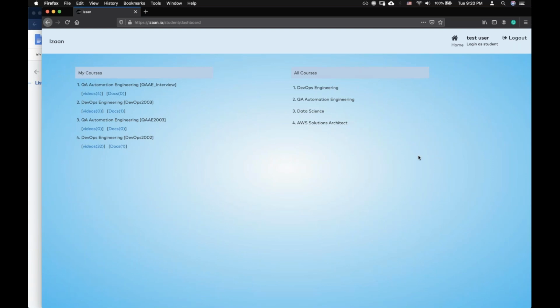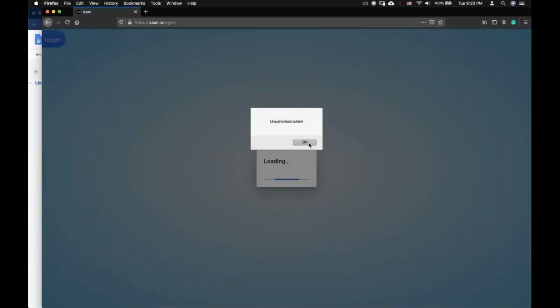Okay, cool. You should see DevOps 2002, which means the earlier batch, and you should see DevOps 2003. Yes, please check. You should have DevOps 2002, which is the earlier batch, and you should have 2003, where we are going to put our current batch content. So as a reference,